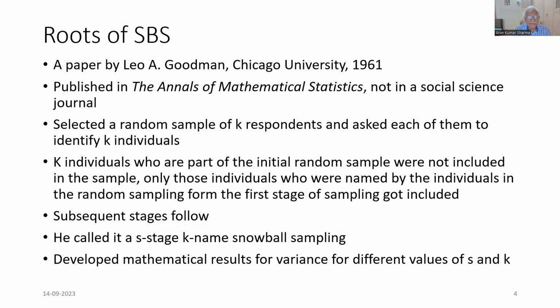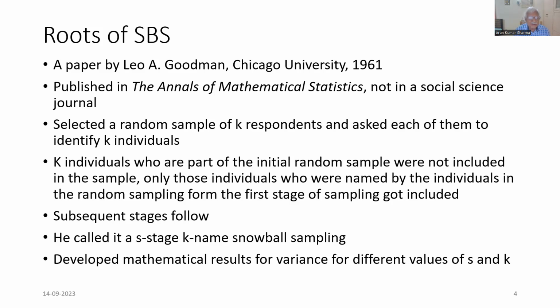Goodman selected a random sample of K respondents and asked each of them to identify K individuals. K individuals who were part of the initial random sample were not included in the sample. That means in Goodman's study, the seed was not included. But normally, we find that researchers use the seed also, individuals in the seed also, to collect data on relevant characteristics